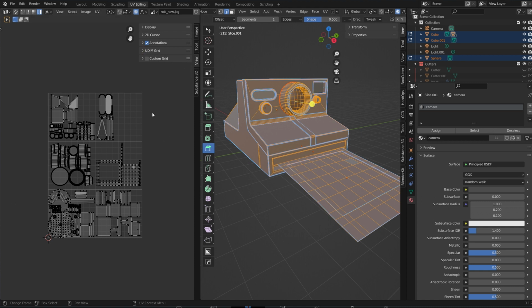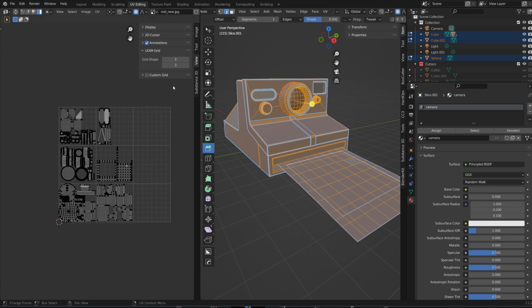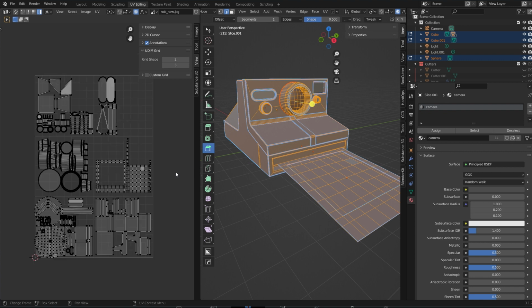The way I've created these tiles, so once you're in editing mode and you have an object or part of your model selected, you'll see under the View tab here, you'll see UDIM grid. Hit the drop down. You can change the grid size and shape. You can make it whatever you want, basically 5 by 5, 10 by 10, doesn't matter. In this case, we're doing 2 by 3 because that's all I need. So that's it. There's our UVs, and in order to arrange these,